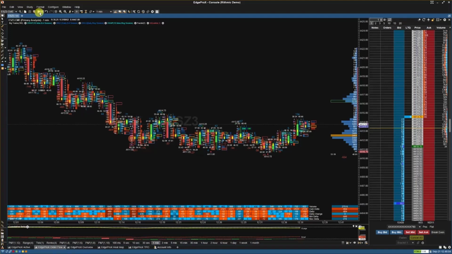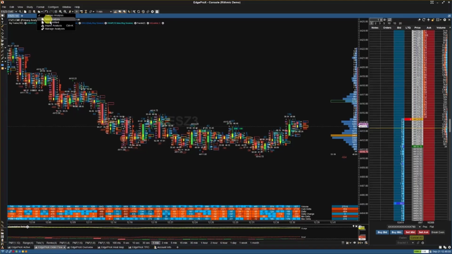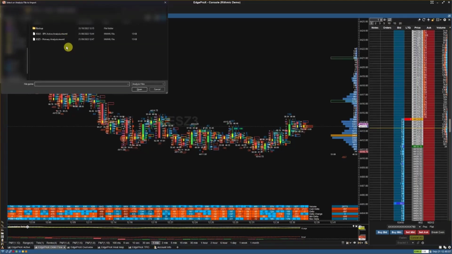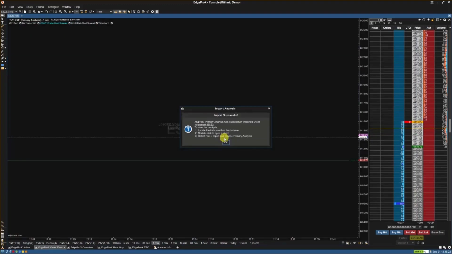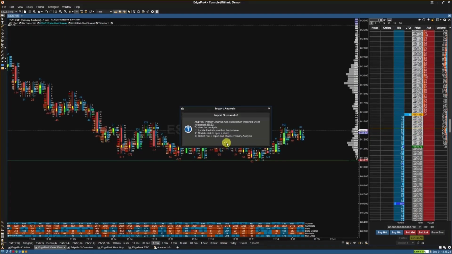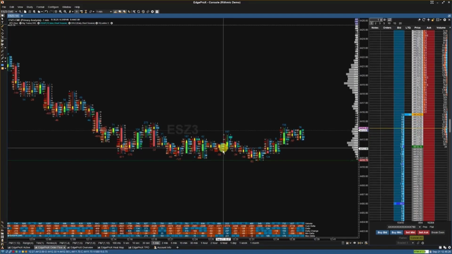To import an analysis file, click on the folder icon and select Import Analysis or hit Ctrl-K on your keyboard. Then, select the analysis file you would like to import. In the dialog box, type in or select the symbol using the drop-down menu if it's not already highlighted. Then, select Import. If you wish to apply the analysis to another chart or symbol, first, save the chart as